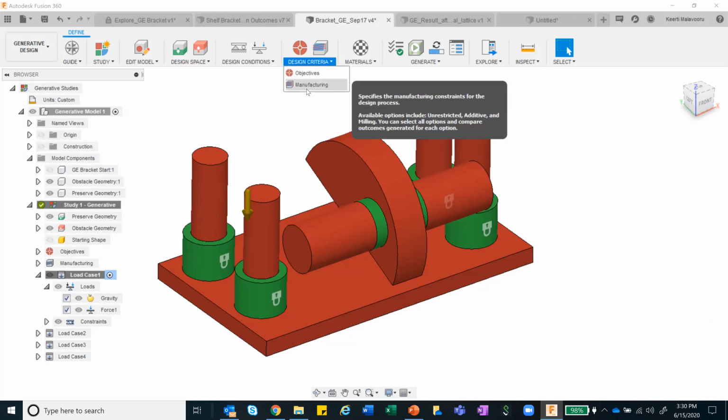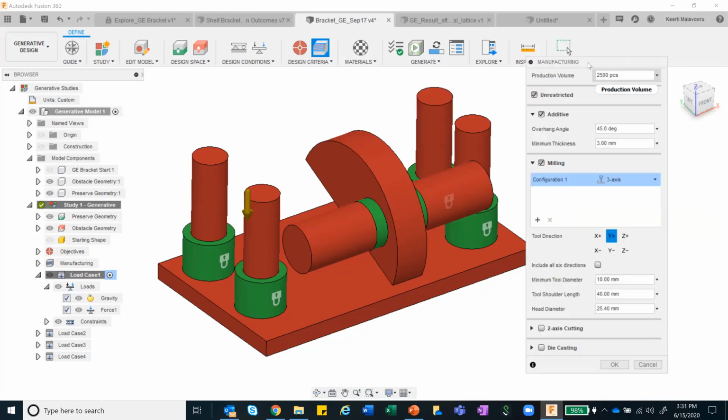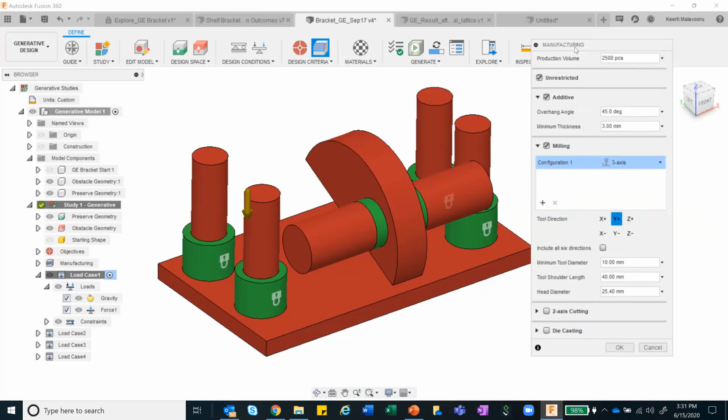The next thing that I need, the most critical and important part, is defining what type of manufacturing method I'm going to use here. So if you are looking for large scale volume production, you can go ahead and define your production piece. There are various manufacturing methods available which you can use. Unrestricted is a type of manufacturing where it doesn't follow any kind of manufacturing method or principles.